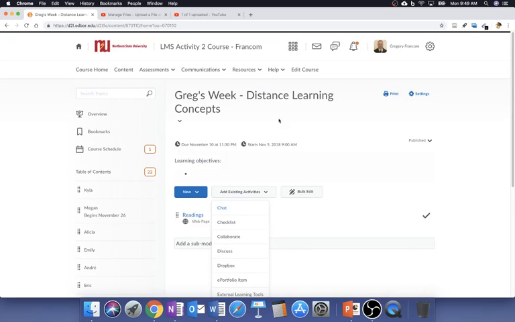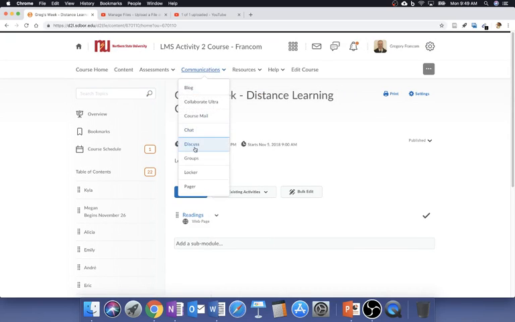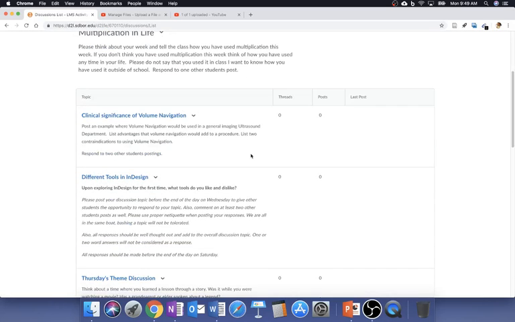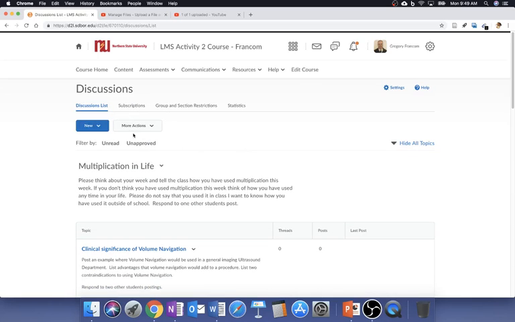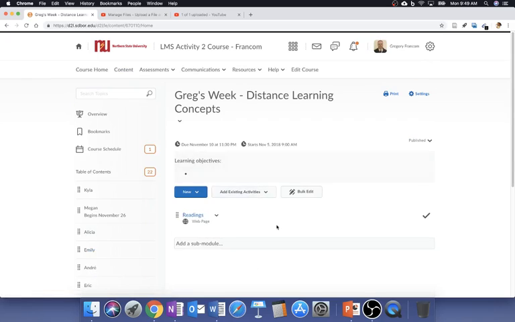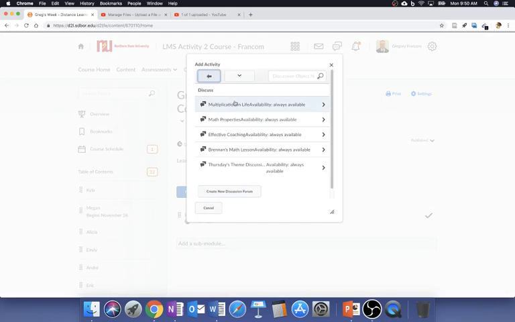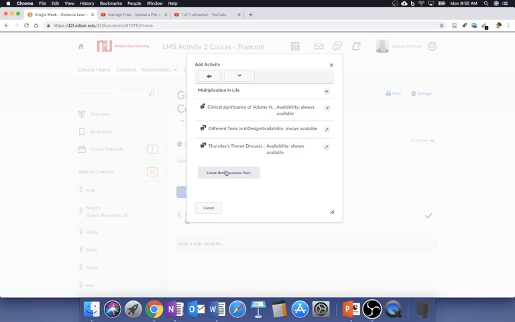Because what you can do, I'll show you too, you can go here and you can go to discuss, for instance, and you could create a new forum. You're going to create a new forum and a new topic, and then you go back to content and add that into your week's worth. It's an existing activity now, so you'd add it into week's worth of activities here. I'll go ahead and add one from a previous class,